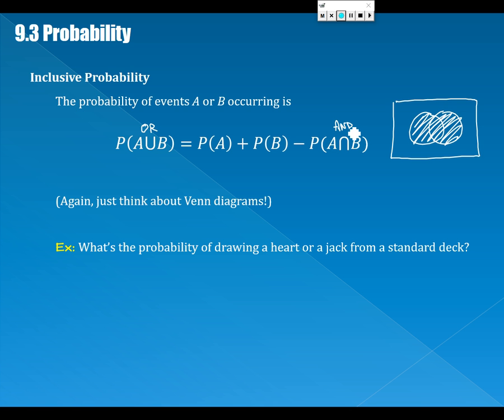All right, what's the probability of a jack? Actually, I think I gave you an almost identical problem on your first day of warm-up when we did probabilities. I asked you, what do you know so far? This is a problem I already know you know how to solve, but let's frame it in terms of this formula to make sure it says what we wanted it to say. So we're asking, what's the probability of getting a jack or a heart? That's the probability of getting a jack, plus the probability of getting a heart, which is